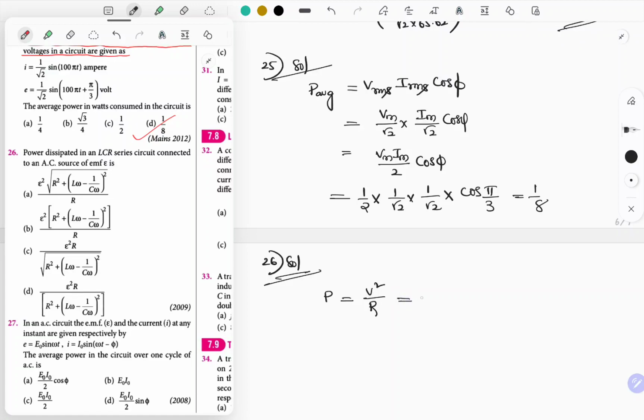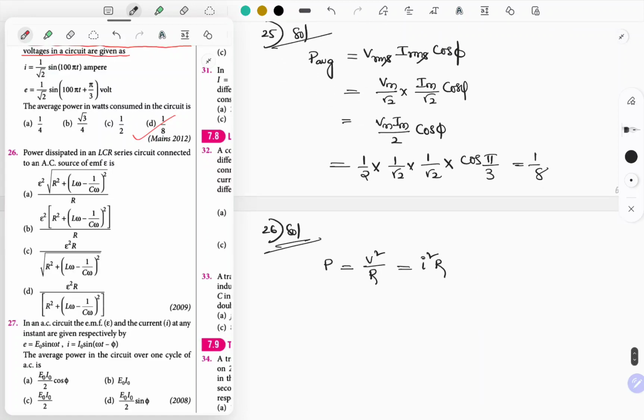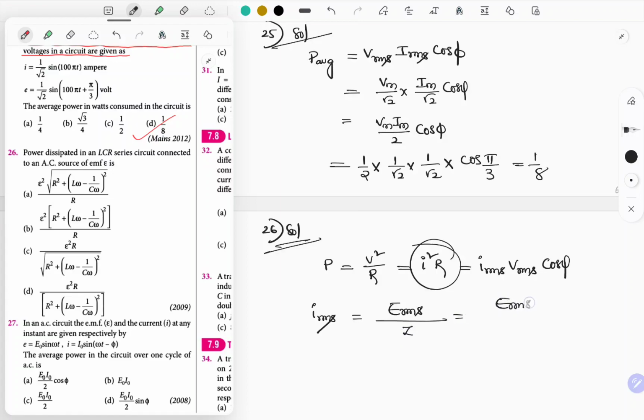R, I can write down it is I square R, as they did mention for the LCR circuit, or else you can write down one more formula, IRMS into VRMS into cos phi. Any formula is suitable here. So let's choose this. First of all, we have to write down IRMS. IRMS is equal to ERMS divided by Z, right? So ERMS divided by Z, where Z is root of R square plus